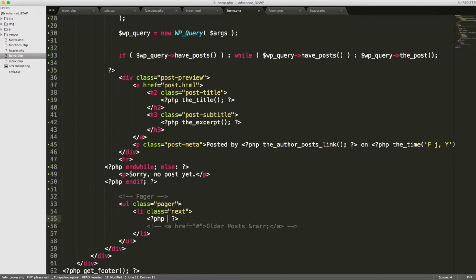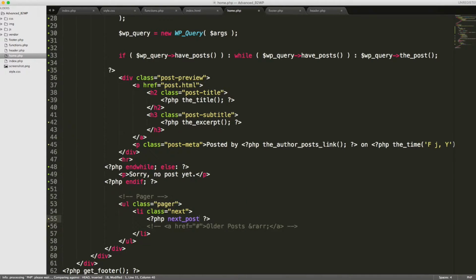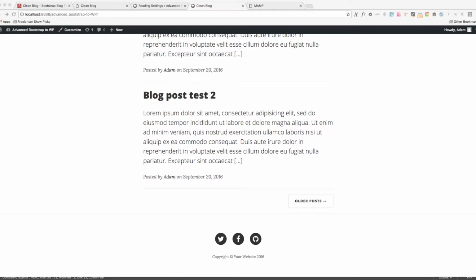And we're going to call a function called next_posts_link. And in here is where we would declare what we want it to say. So just like that. And then go ahead and close out that function with a semicolon. Now, if we go back to our page and we hit refresh,